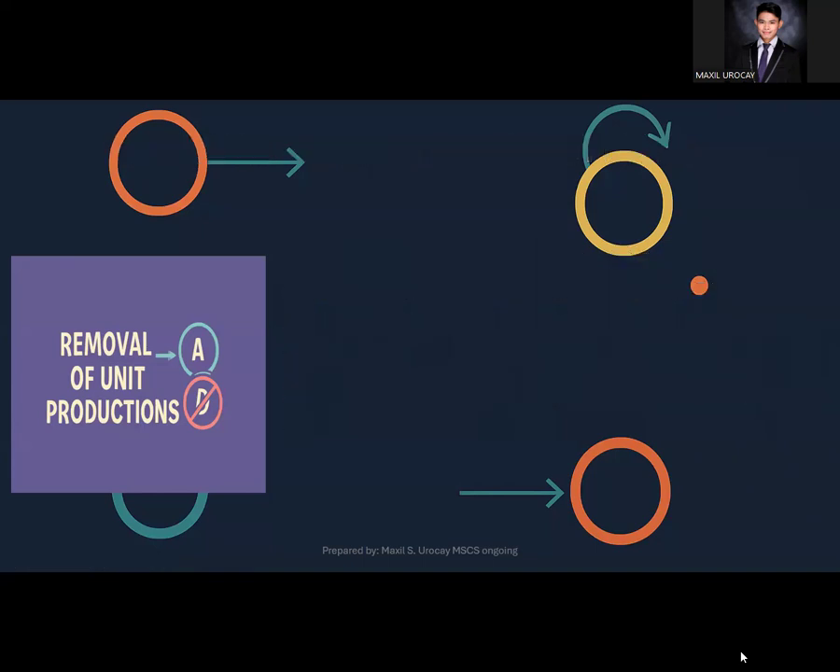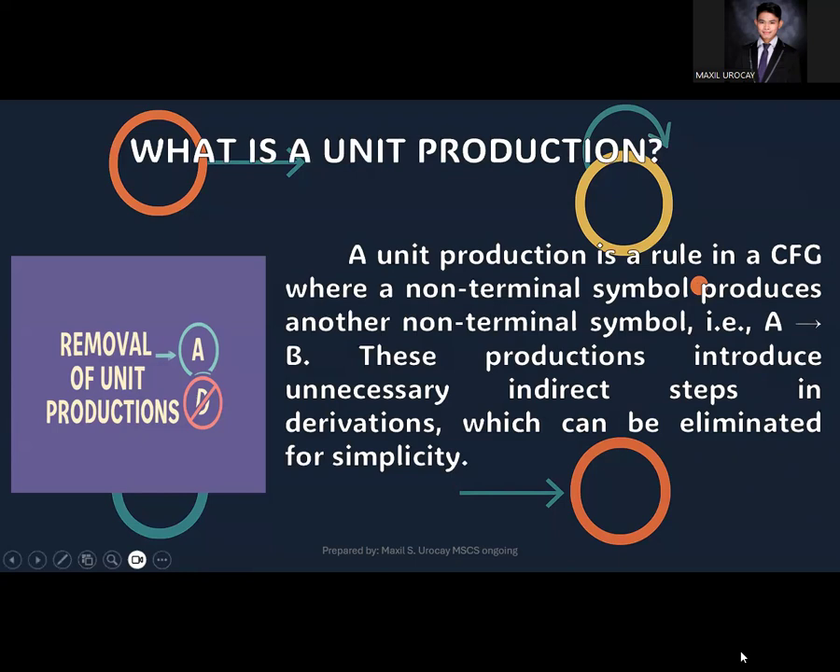So what is unit production? A unit production is a rule in a context-free grammar where a non-terminal symbol produces another non-terminal symbol. For example, A producing non-terminal B, so that production is considered a unit production. This production introduces unnecessary indirect steps in the derivation, which can be eliminated for simplicity. Say, for example, B